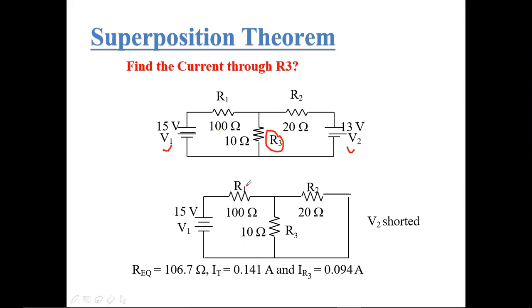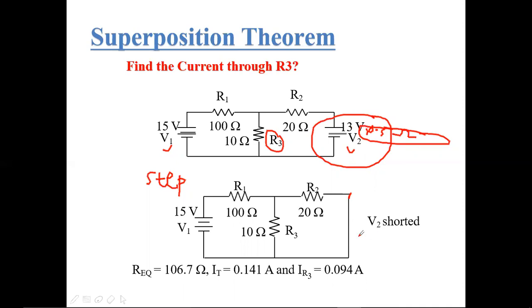So I'm going directly with the steps. This is step 1. In step 1, I'm considering only one active source. The other one is replaced with its internal resistance. Since this is ideal, there is no internal resistance. If it is not ideal, in some cases they mention internal resistance like 0.5 ohms, and you can replace the source with that. Here it is 0 ohms, which is nothing but a short circuit. V2 is short circuited.